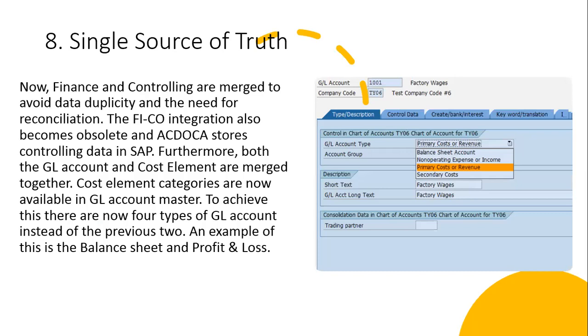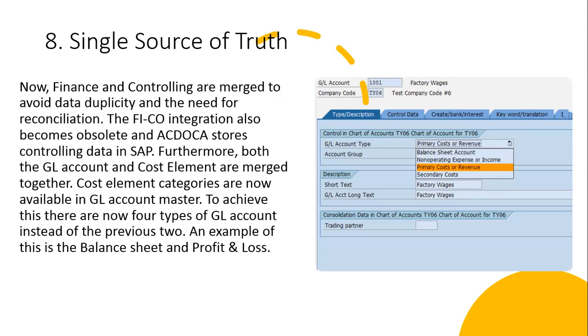There's a single source of truth. In single source of truth, of course, the FI and CO integration has been scrapped in S4 HANA, in ECC. In S4 HANA, FI and CO are integrated at the GL level in your FS00. So where you're creating your GLs now, you can create your secondary and primary cost elements at the GL level. So that signifies that